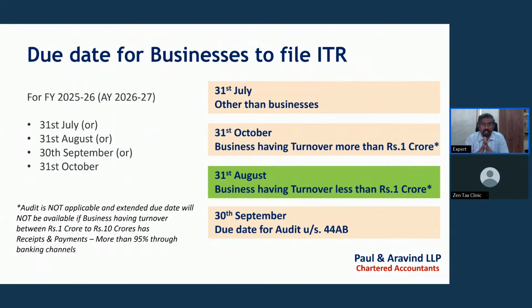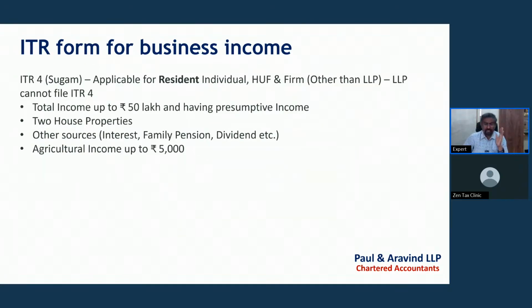So the limit of 1 crore is not always absolute, but it is a subjective limit based on the business of each assessee. That is, less than 5% of receipts are in cash, less than 5% of payments are made in cash, and 95% of the receipts and 95% of the payments are routed through banking channels. Right? Now moving forward, let us concentrate on the income tax return